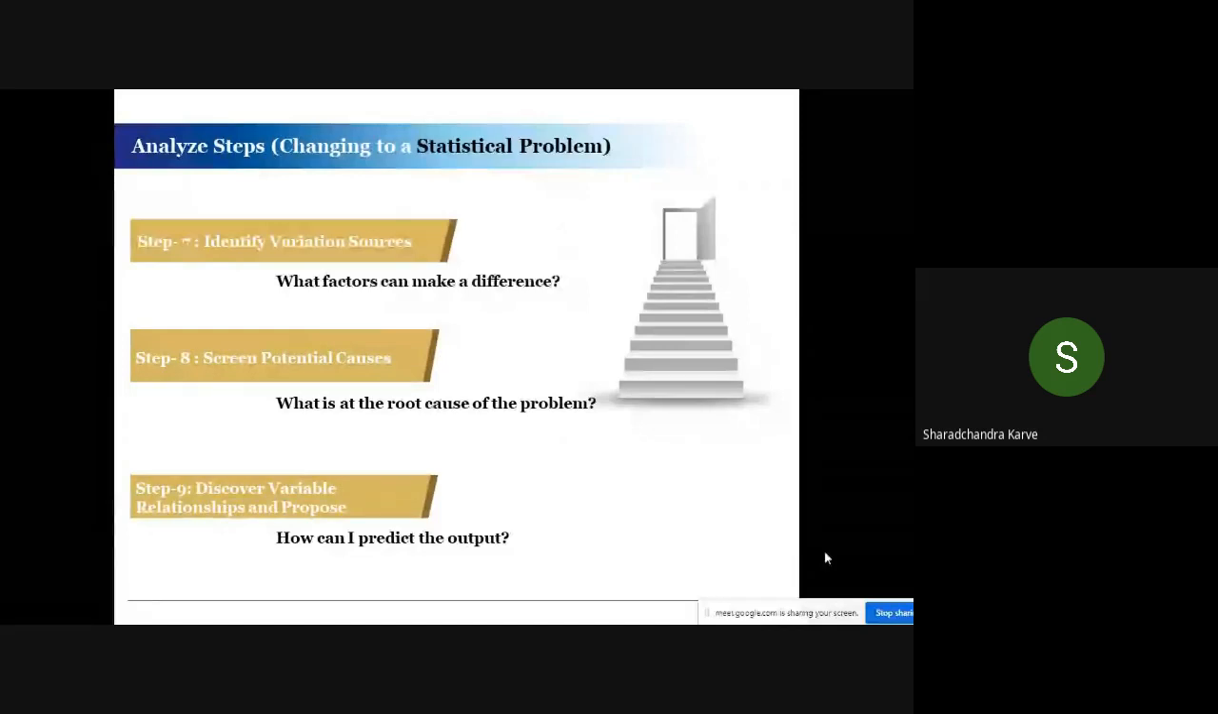So now we are moving to the analyze phase, where again we are asking three questions. Identify variation source: what factors can make a difference? Which are the x's that can make a difference for my y? Then screen potential X's to identify a root cause of the problem, and then discover the variable relationship, and